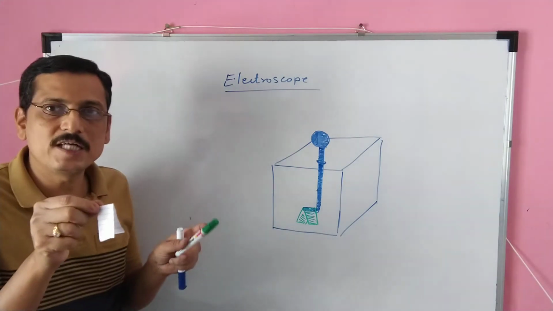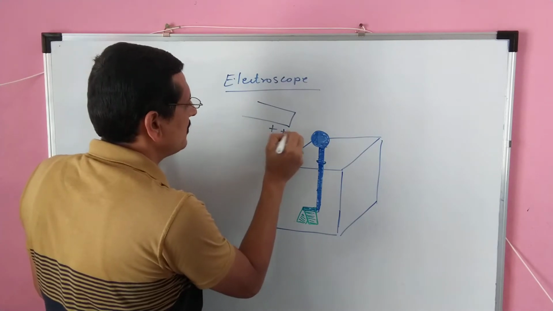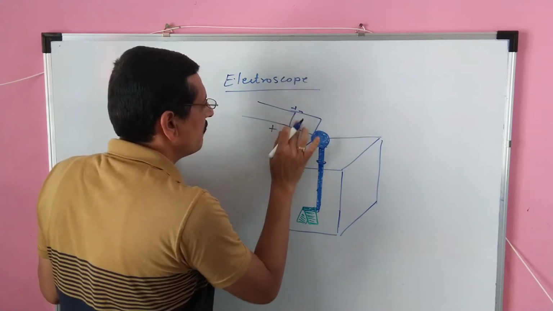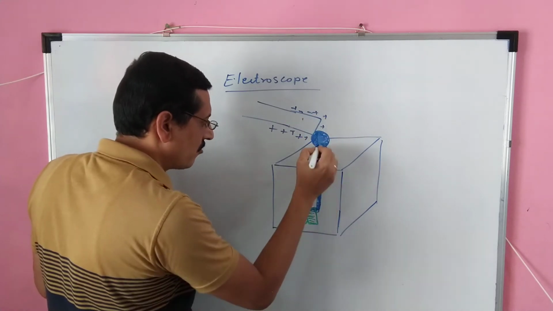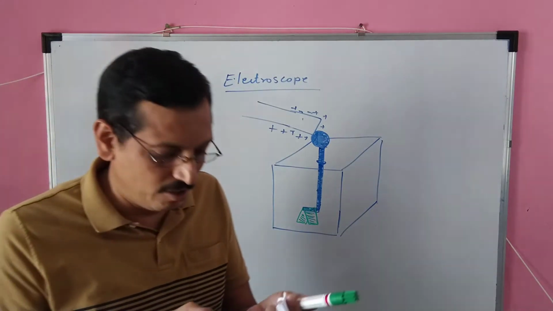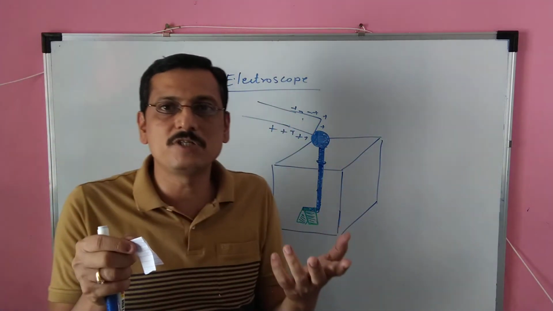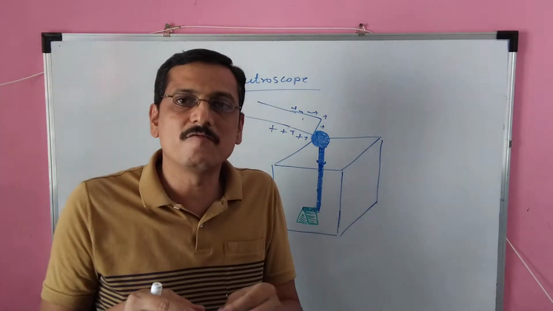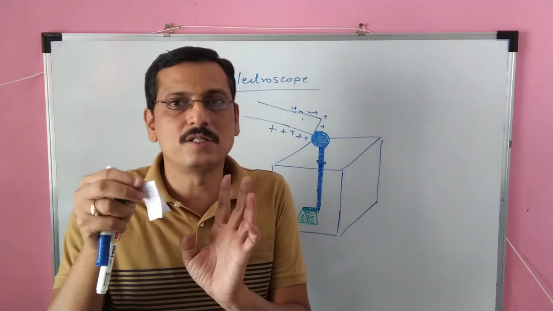So let's check once again what is happening. I am bringing a charged body, say like this. This is a charged body. I have to touch this to this. When I touch it, these charges will flow to this rod. Through this rod they get collected on this gold foil or silver foil or aluminium foil, whatever you have used. Because like charges are there, only positive or only negative charges, these two leaves will move away from each other, which confirms that the body is charged. If it is an uncharged body, there is no effect on this foil.